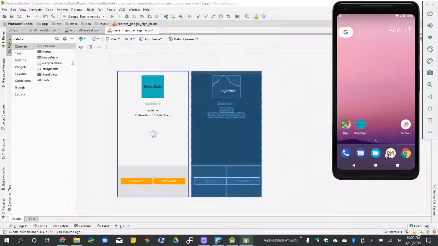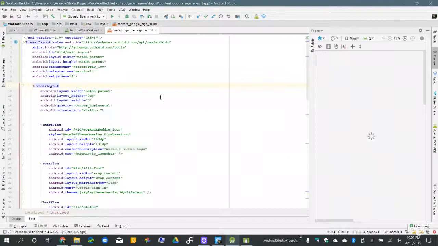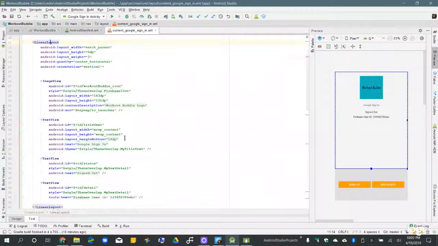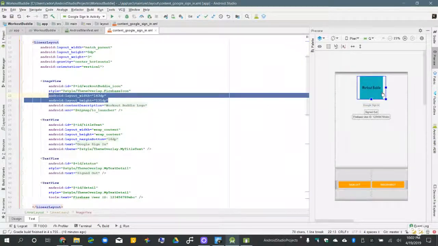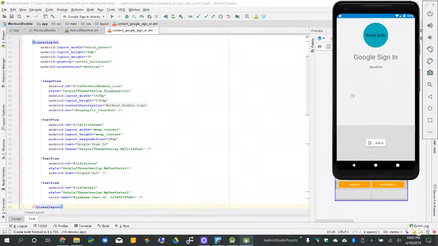As an example, I have ran this on here, my Pixel 2 XL. As you can see, this mirrors this exactly. However, this template I have in the text file. As you can see, Workout Buddy logo to respond as a circle instead of a square. Pulling this back up, this is the first activity I had created and had pretty good responses with. So if I were to click sign in,